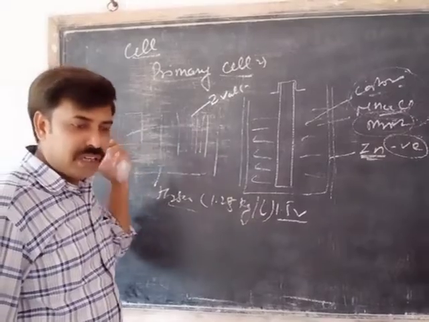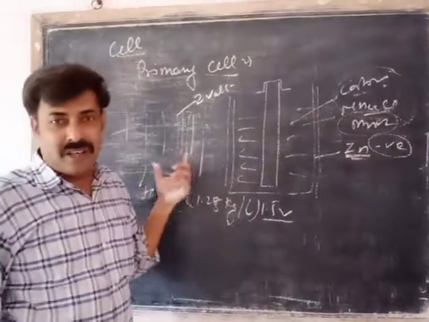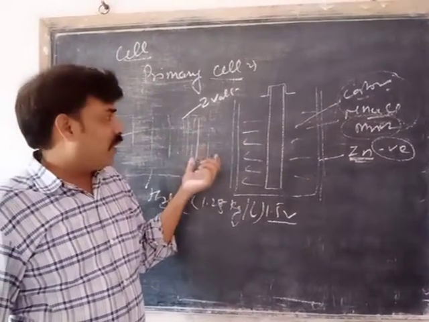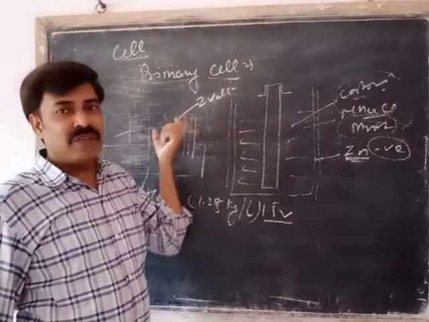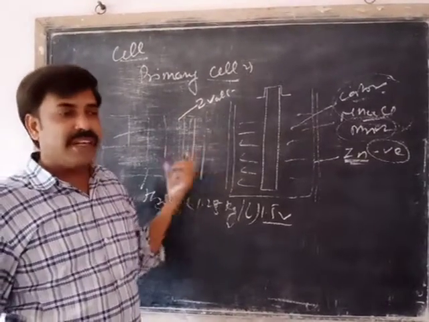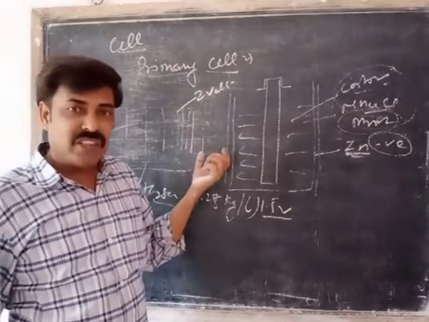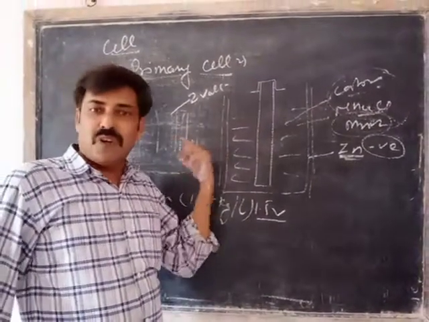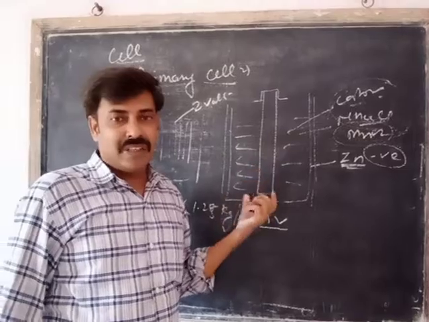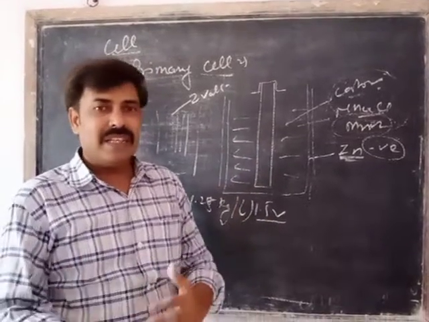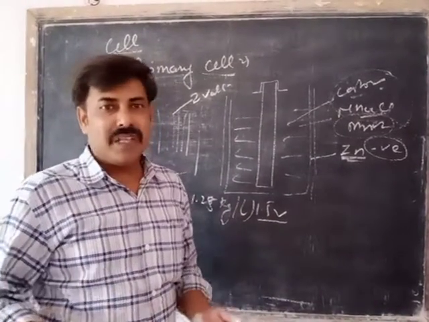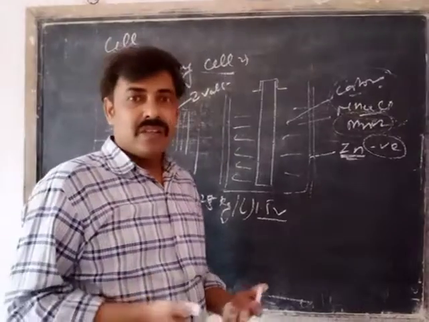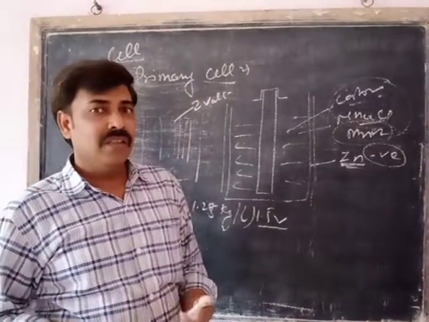Generally in our house the 12 volt batteries are used. In this one also the lead reacts with sulfuric acid, lead oxide reacts with sulfuric acid making lead sulfate, and in this way the redox reaction proceeds, which is responsible for the generation of electricity by the chemical reaction, and the reaction is reverted with the help of electricity, making the cell reversible, making the cell rechargeable.